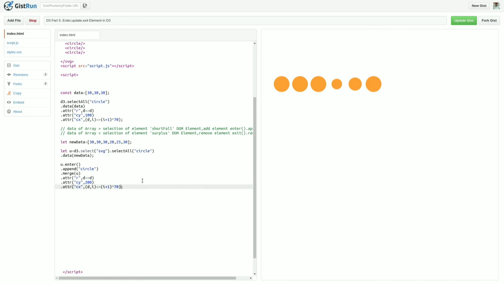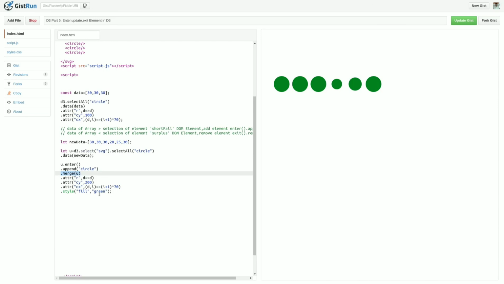Now if you want to provide style, and here I pass fill as green color, it will update all the elements, whether they are available in the SVG or will be appended in the future. So using merge you can update already available elements as well as newly added elements.